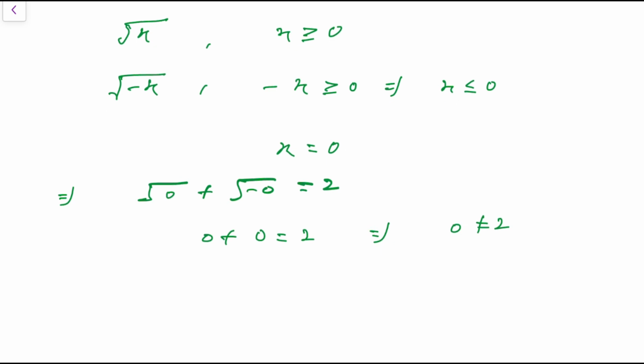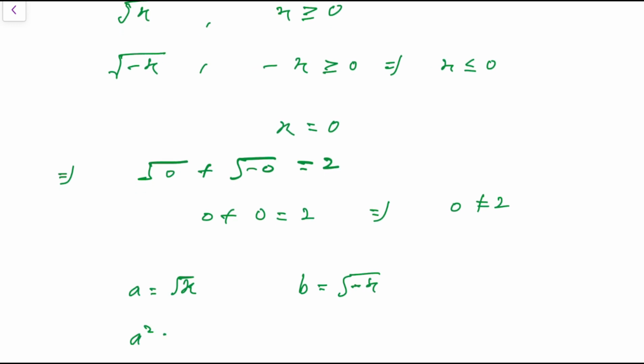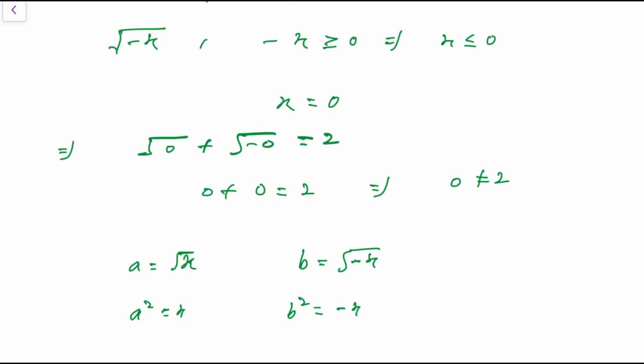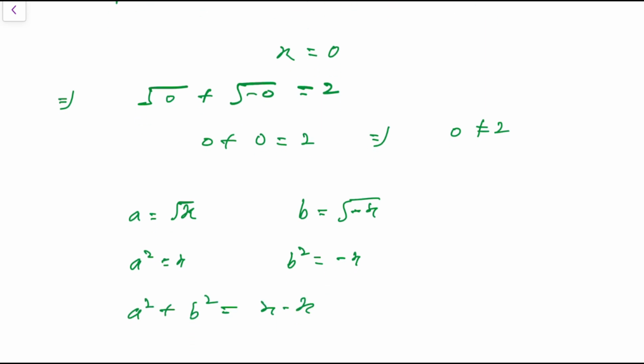If we follow the complex numbers, square roots are multi-valued, but we can use the principal square root and solve algebraically. Let a equal square root of x and b equal square root of minus x. With this, we have a square equals x and b square equals minus x. Adding these two conditions, we have a square plus b square equals x minus x, so a square plus b square equals 0,